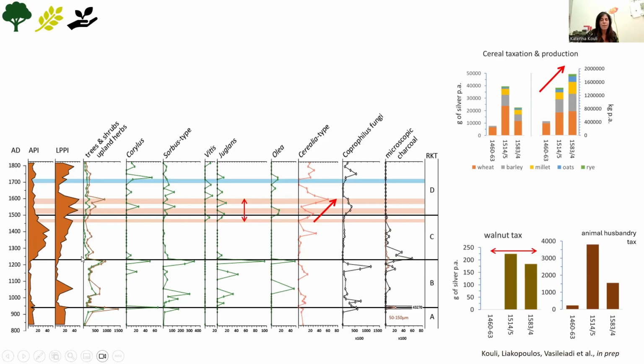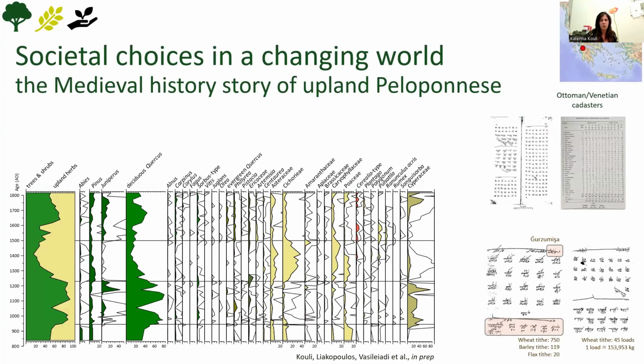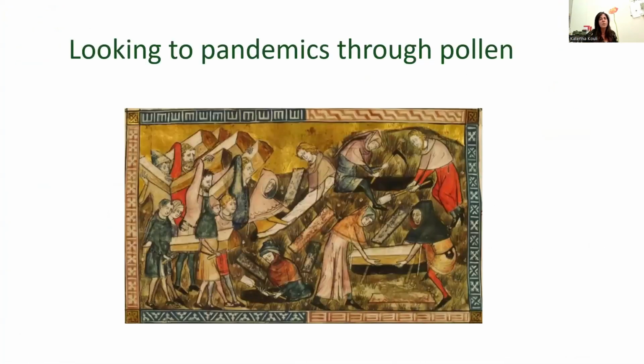All those little stories can be added together to make the big story of medieval populations in Greece for this case, but I perfectly know that this exists for other areas of the world as well. And to close up,